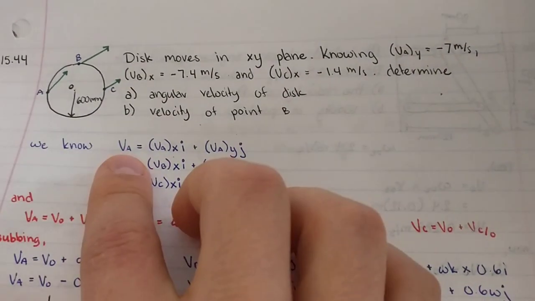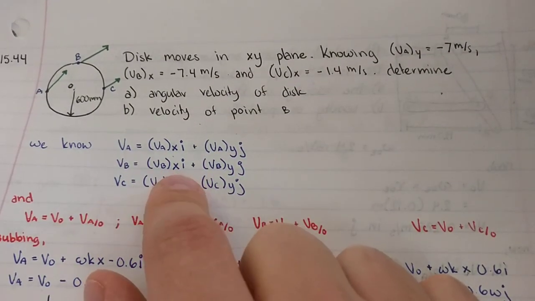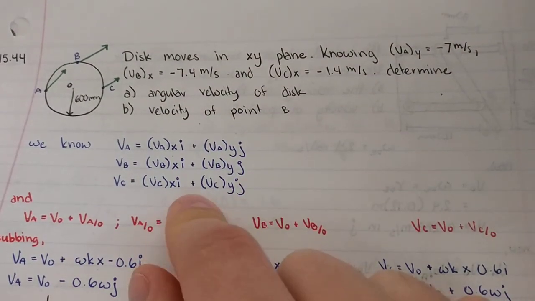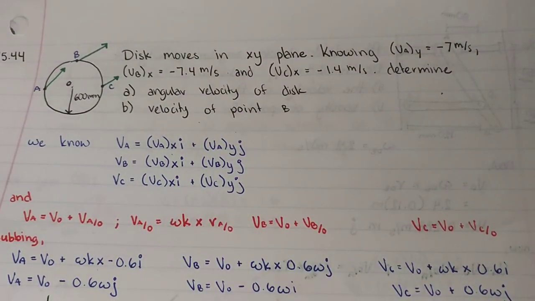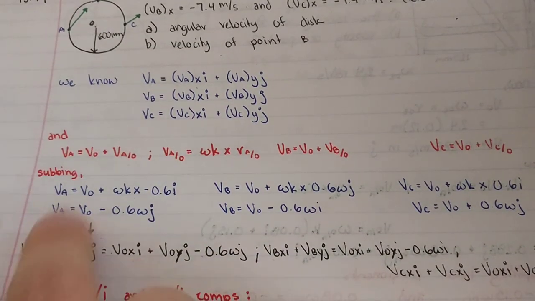So, we have 3 relationships here. The velocity of A has an x component and a y component. The velocity of B also has an x component and a y component. They all have x components and y components. Okay, sorry for the jump there. So we know that the velocity of A,